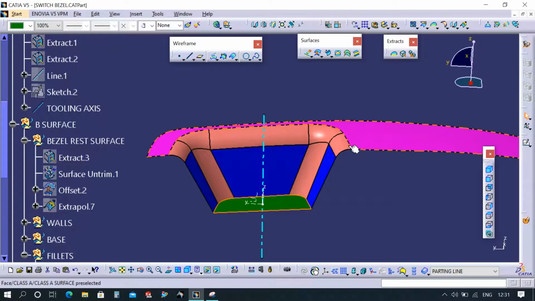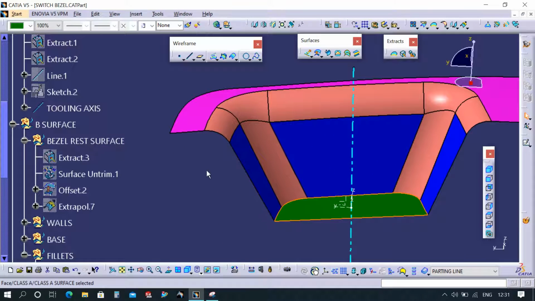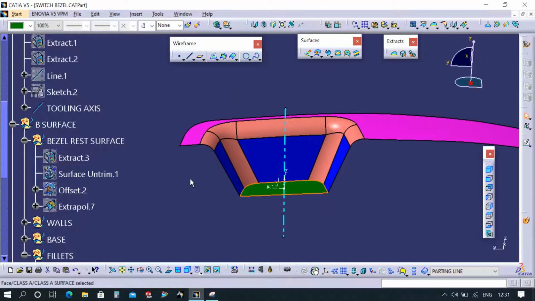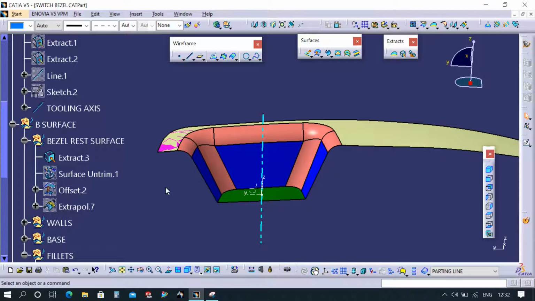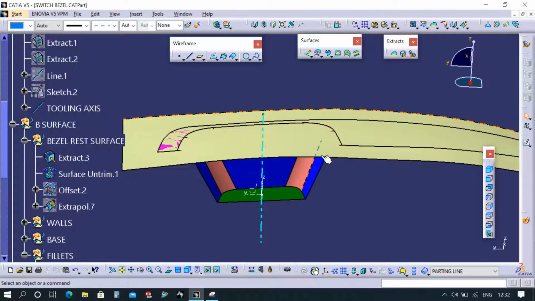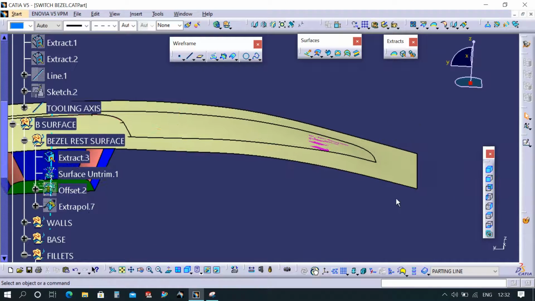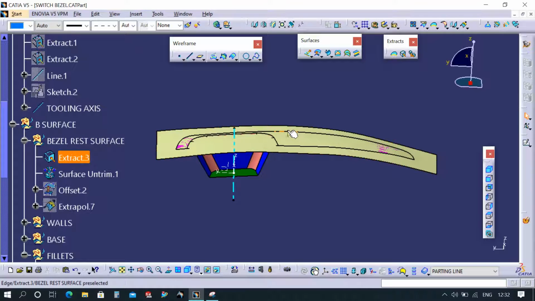While creating a B surface we need to move this surface downwards to thicken it, right? We are thickening by 3 mm or 2.5, whatever the requirement is, you can ask them. According to that thickness data, you have to move the surface downwards. So how will you move it? You have to create the surface, extract the surface first of all. See, I have created the extract and untrim of those surfaces, and you will get a rectangle shape like this surface.